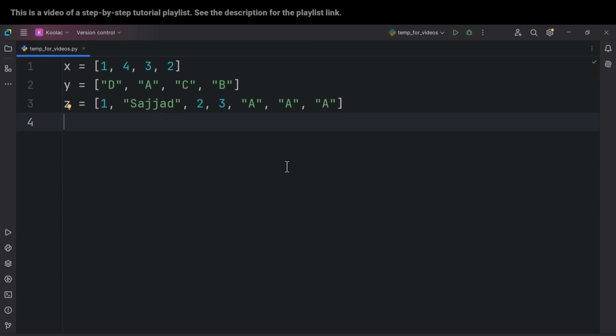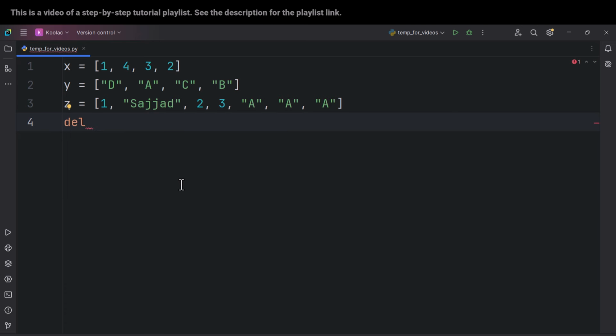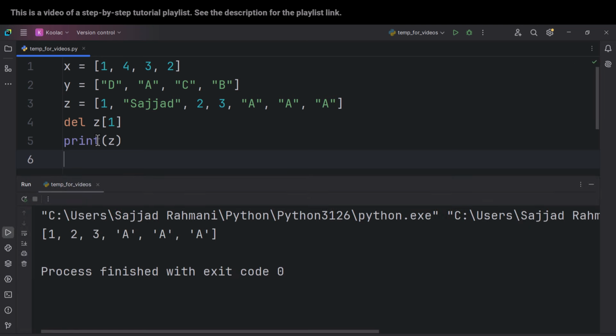But now let's suppose that we want to delete something from a list. For example, suppose that from this list, we want to delete this value. In order to do so, we have different ways. One of them is using del, and after that we can specify which thing we want to delete. For example, we can say, okay, from Z, we want to delete the element at index 1. Because as you remember, Python starts counting at 0, so this is the element at index 0, and this is the element at index 1. So we want to delete the element at index 1 of this list, which is called Z. After that, if I print the Z variable and run the code, you can see now